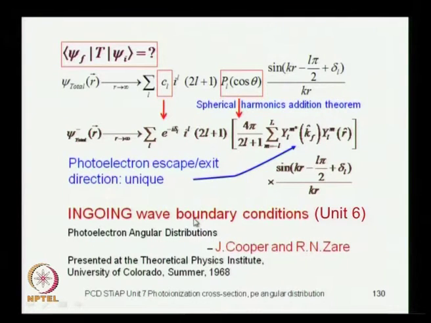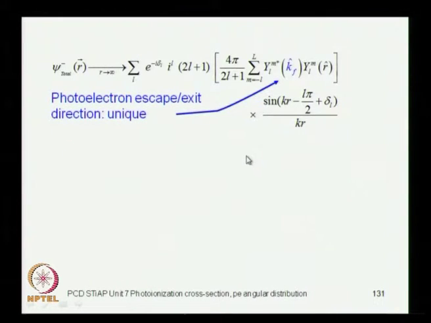So, this is what will lead us to the Cooper-Zare formula, this expression using the ingoing wave boundary condition. Let us have a look at this. Here you find that the 2L plus 1 and this 2L plus 1 cancel each other. I have used the spherical harmonics addition theorem to expand the P_L cos theta. So, the 2L plus 1 in the numerator and the denominator cancel each other, and you can write this wave